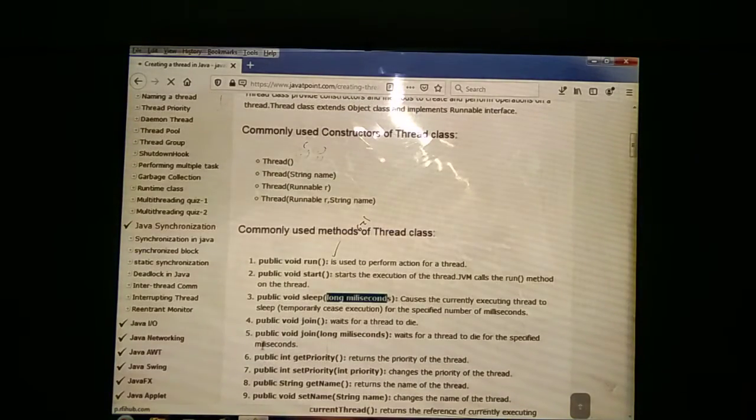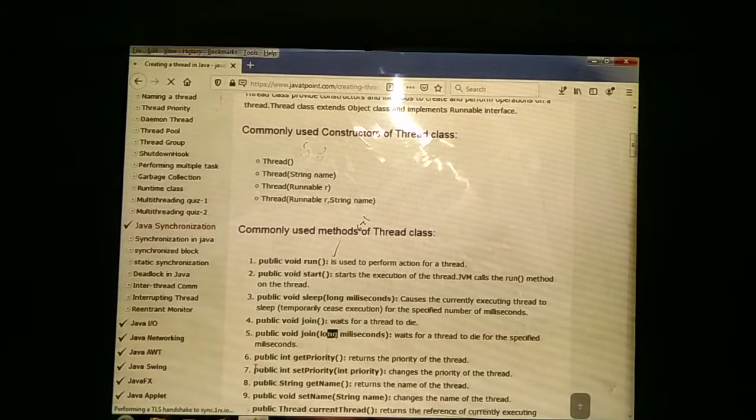Next method, public void join(). It waits for the thread to die. Here the thread will be waiting for what? To die. Next one, public void join(long milliseconds). Here we are using the specified time. It waits for the thread to die for the specified milliseconds.